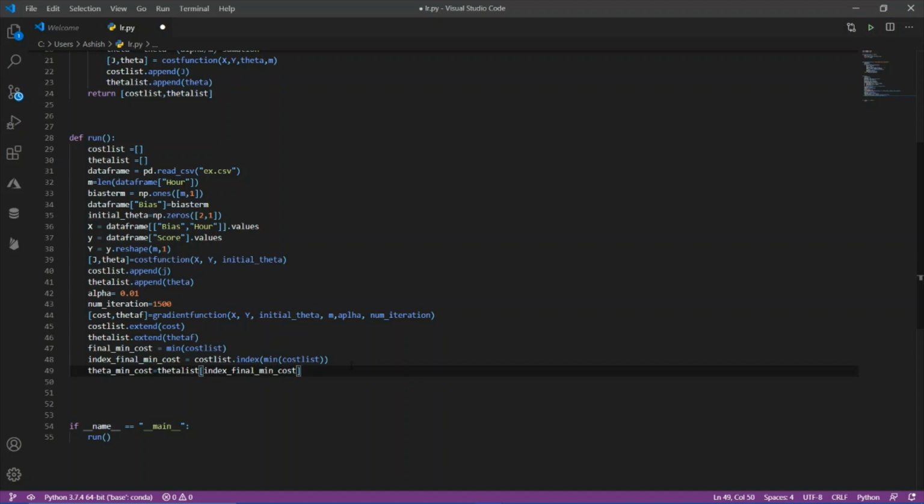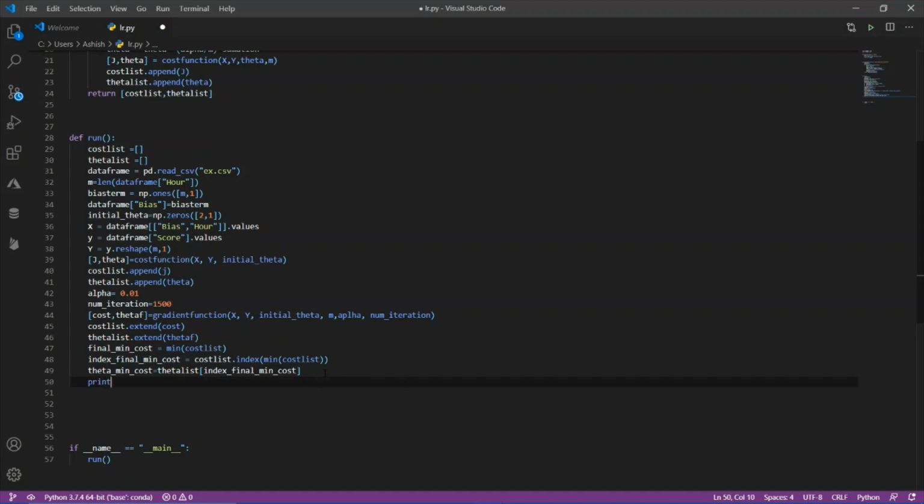So I get that theta that minimizes the cost function at the same location where I have the minimum cost. I use the index of minimum cost to find the theta that optimizes our cost function.